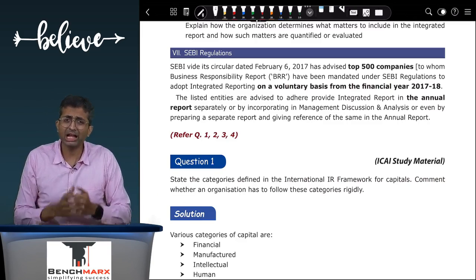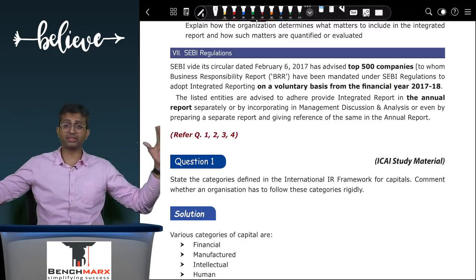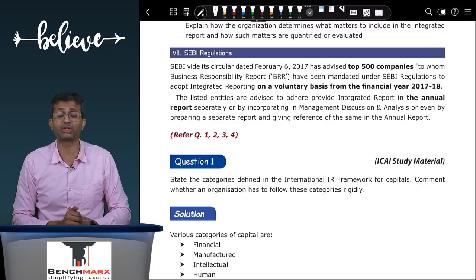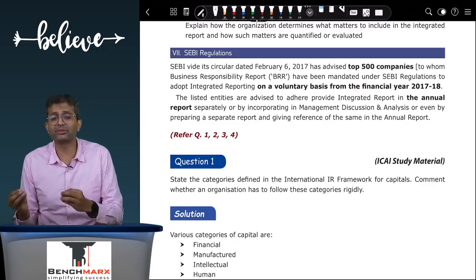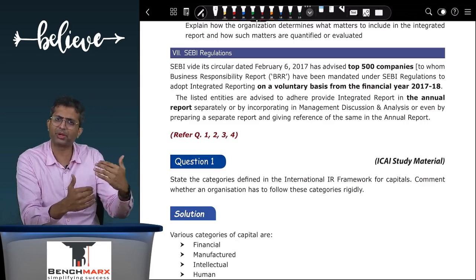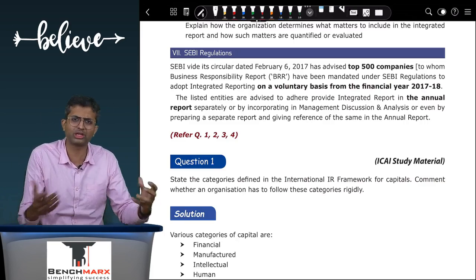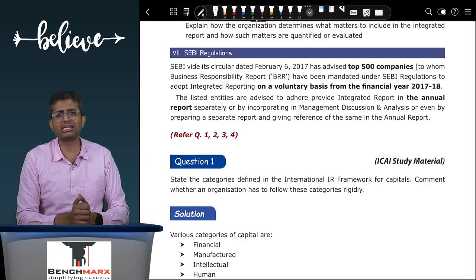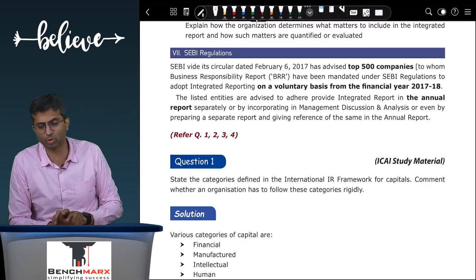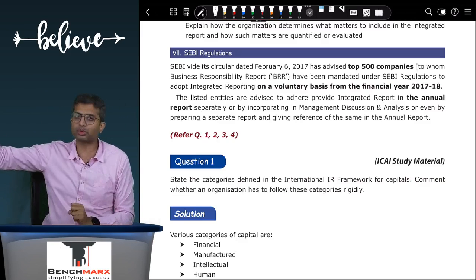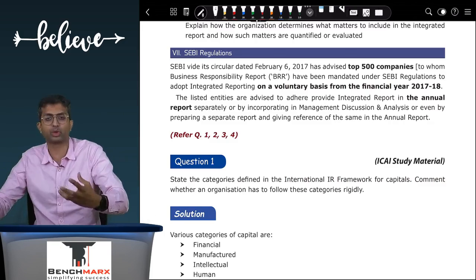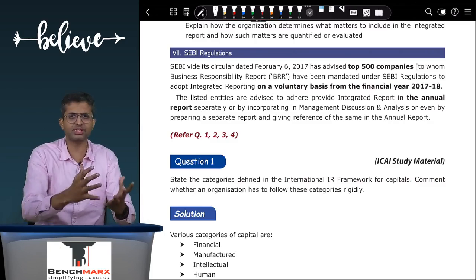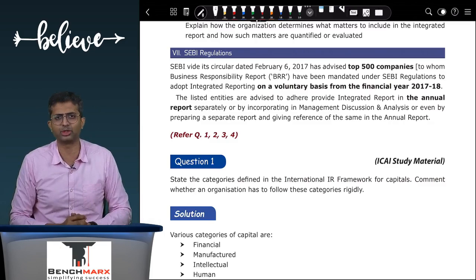A lot of times, since IIRC is in a lot of countries, they have mentioned that local authorities might have a requirement of a particular report, like India does not have, but local authorities may have a report where a large part of the 6 capitals presentation is governed, like in the US etc. A lot of stringent requirements are there, in which case you don't again need to prepare a separate report. So if your local requirements require a presentation where you are broadly giving all of this, even that can serve as an integrated report, it will work.